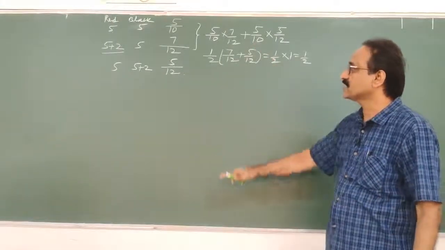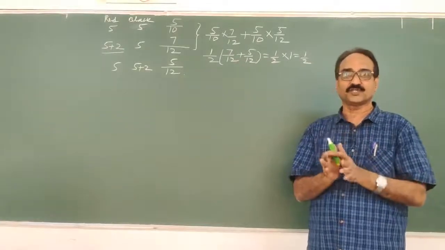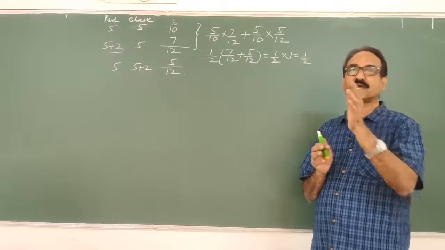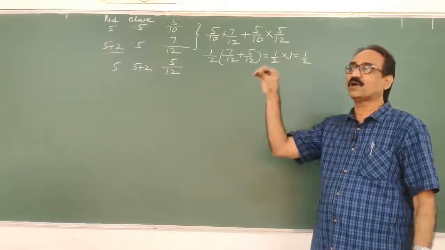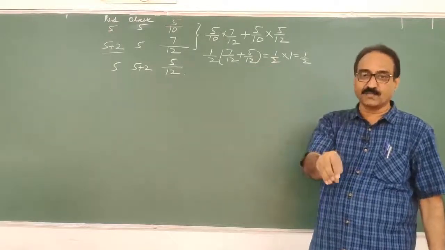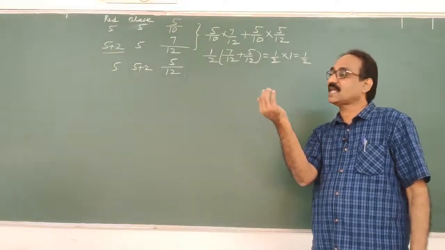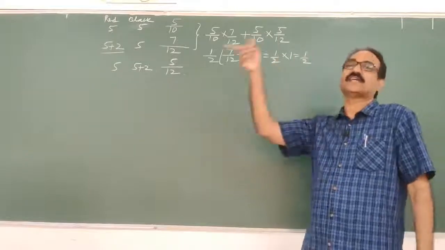So I will write each and everything. My dear students, after reading the problem, I think you understood. There are 5 red balls and 5 black balls in the urn. He wants the second ball to be a red ball. But in the meanwhile, if he draws a ball the first time and observes the color of the ball, two balls of the same color will be added to the urn. Then he will go for the second draw.